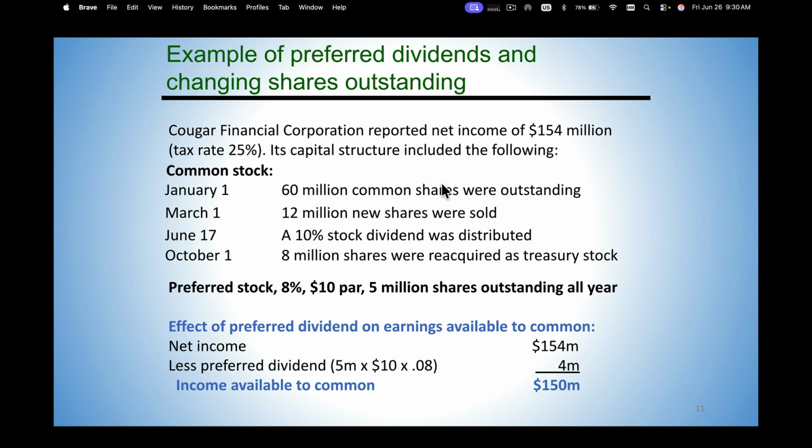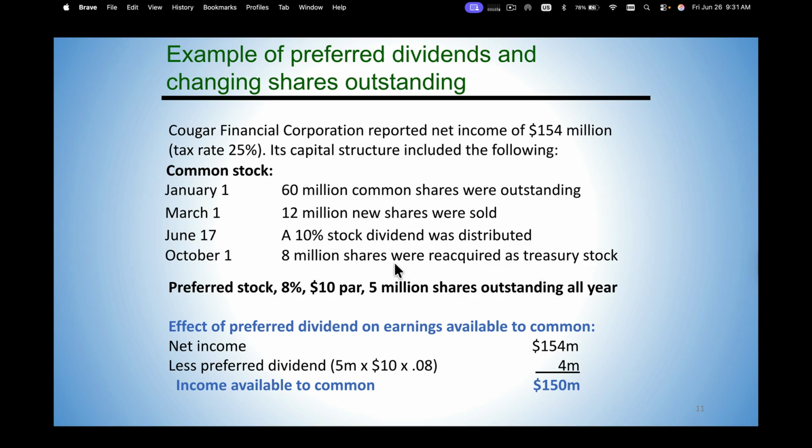It has 60 million common shares outstanding. 12 million new shares were issued on January 1st. 12 million new on March 1st. It had a 10% stock dividend on June 17th, and then they reacquired 8 million